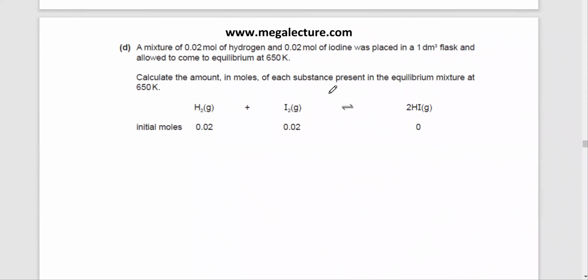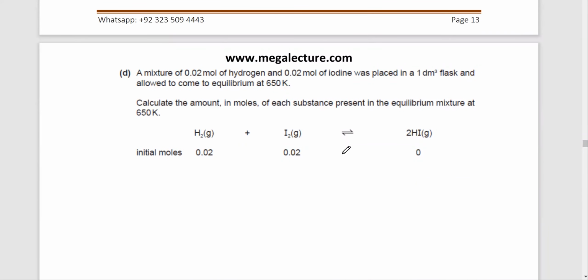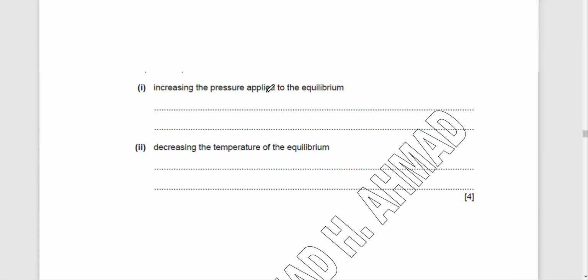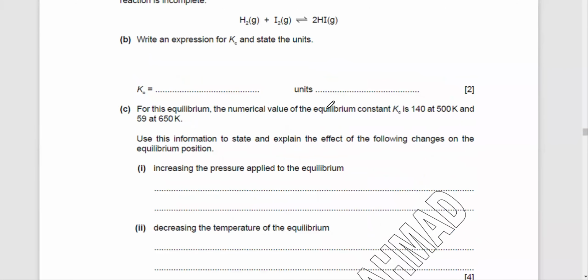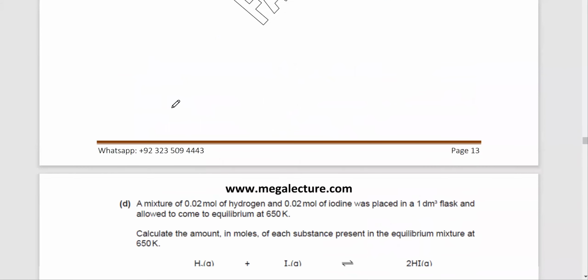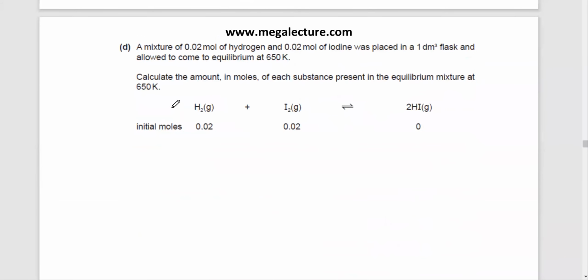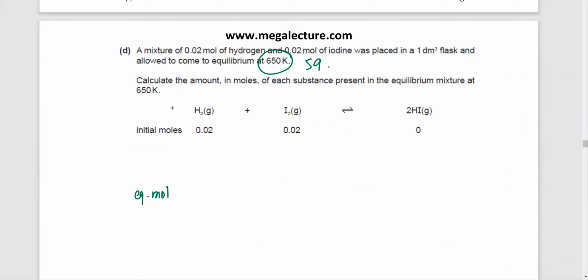So this one, he's saying that these are the initial moles, and I think he did not give you any equilibrium moles. What's given is the value of Kc, which must be given in the previous part. That Kc is 59 at 650, so I think he was talking about 650. So the Kc value is given over here. At 650 Kelvins, it's 59. So you know the Kc value, and you have no idea what the equilibrium moles are. No information is provided. And what you're going to do is you're going to figure out,